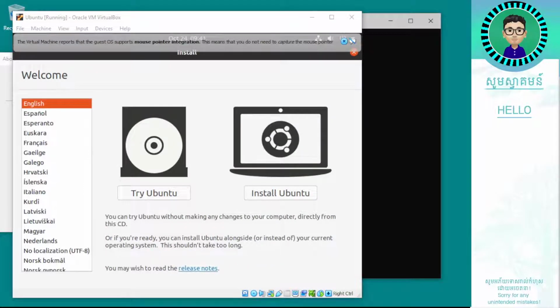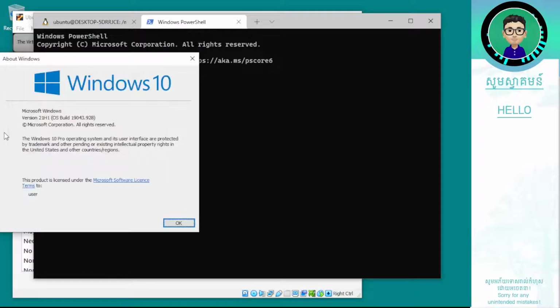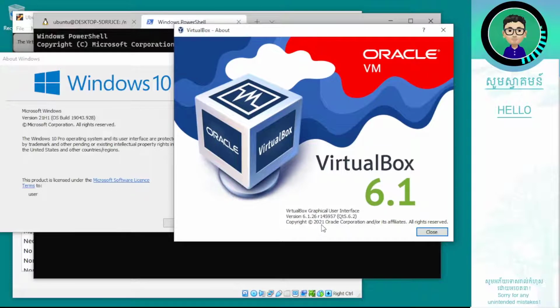Okay, everyone. Welcome back. So today I'm trying to install VirtualBox on my Windows 10 version. And basically, to get WSL2 and VirtualBox working together, make sure that you have the latest version of Windows 10. And then for VirtualBox, you have to use this version, everyone. Otherwise, you're gonna have some problem, okay? So for Windows, the VirtualBox that you should use is 6.1.26. If you install the latest version above